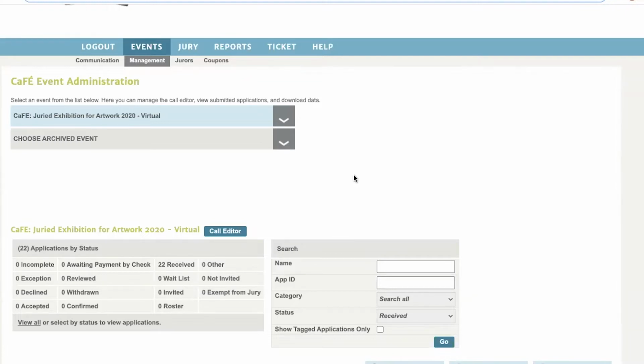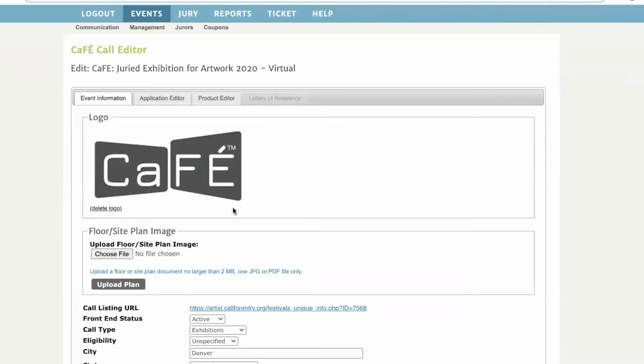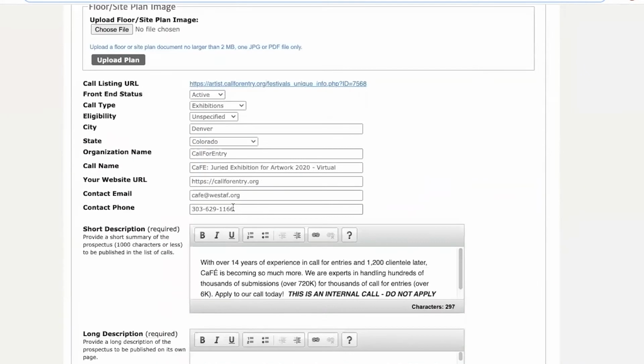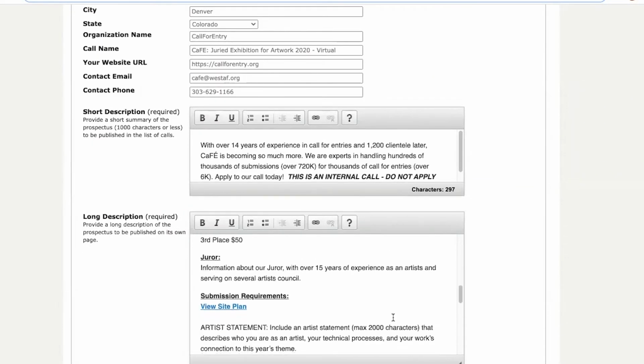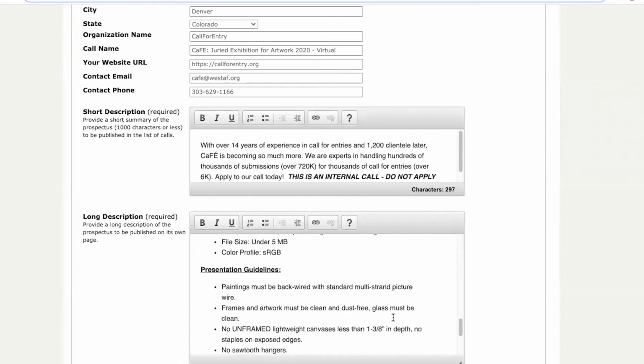If you're putting together an in-person exhibition still, you still might need artists to ship or drop off their artwork like normal. Well, I still have a couple suggestions for you in that case. My first suggestion is like what I mentioned before, which is just to be sure to outline exactly in your long description, in your prospectus guidelines, exactly what is required of the artist in order to ship or drop off their artwork.